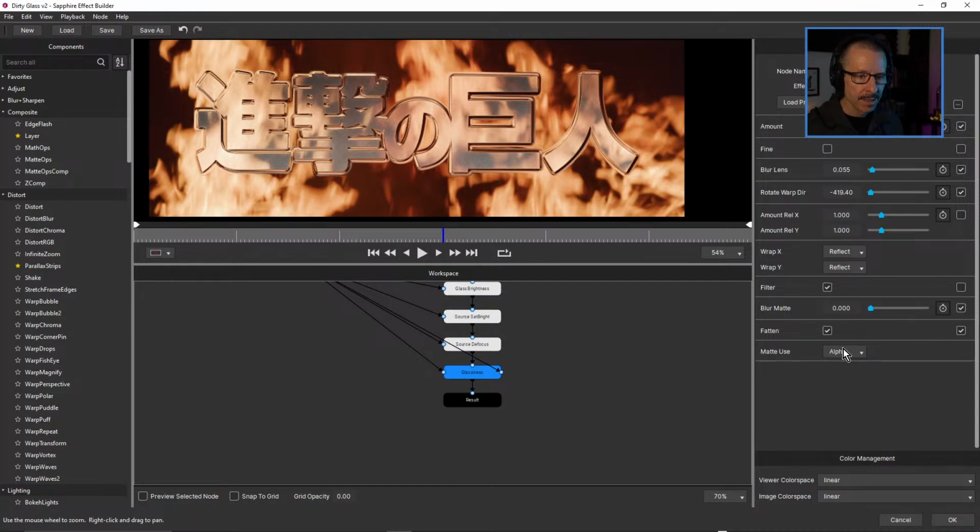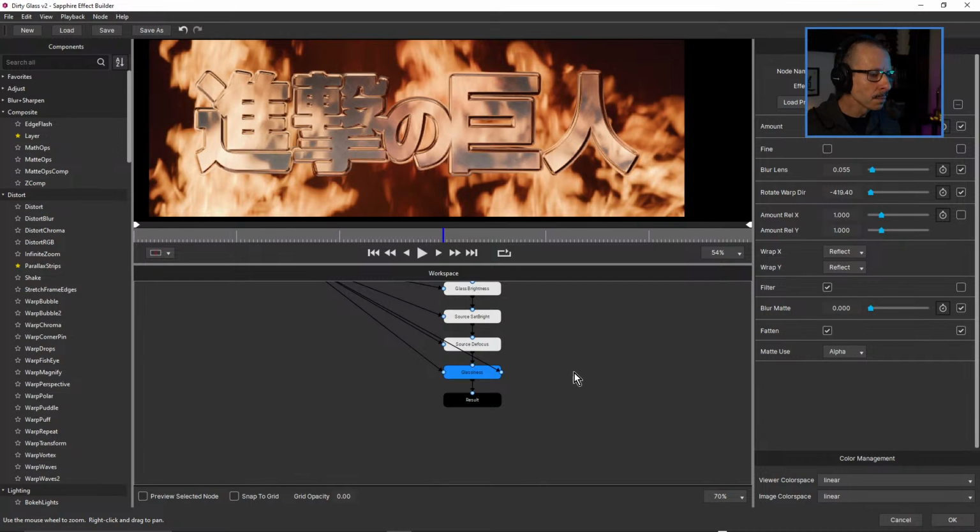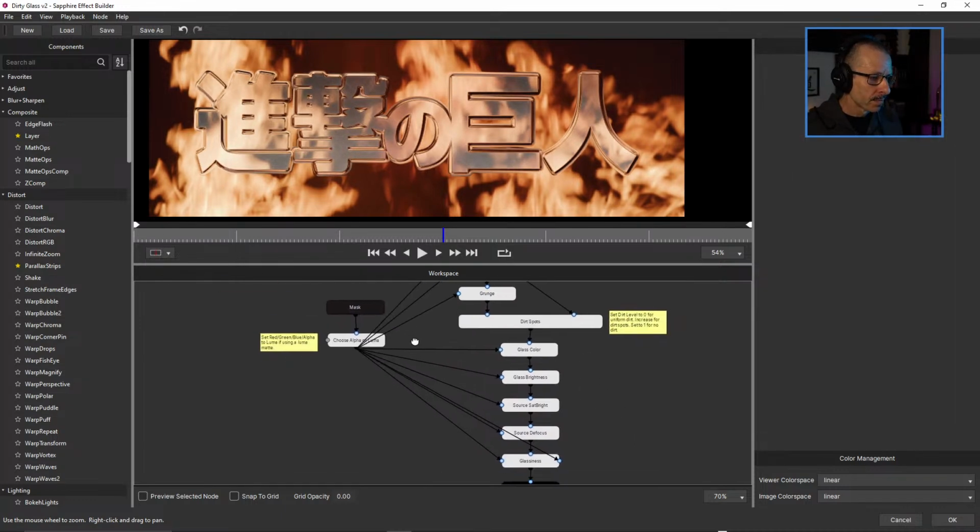I got that fatten turned on. You can shrink the matte. I guess that's a way of explaining it: choosing fatten thickens it, and turning that off will shrink it down. All right. Now,